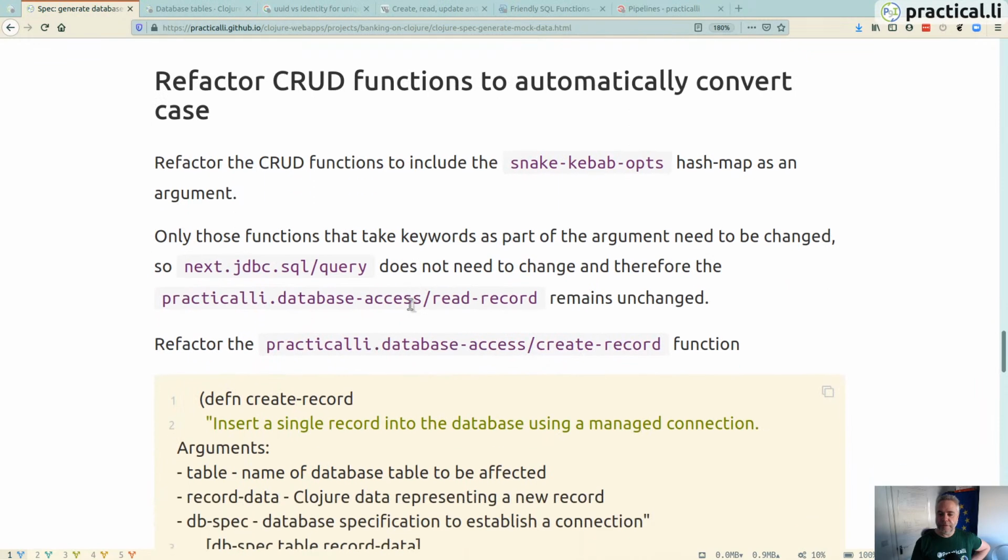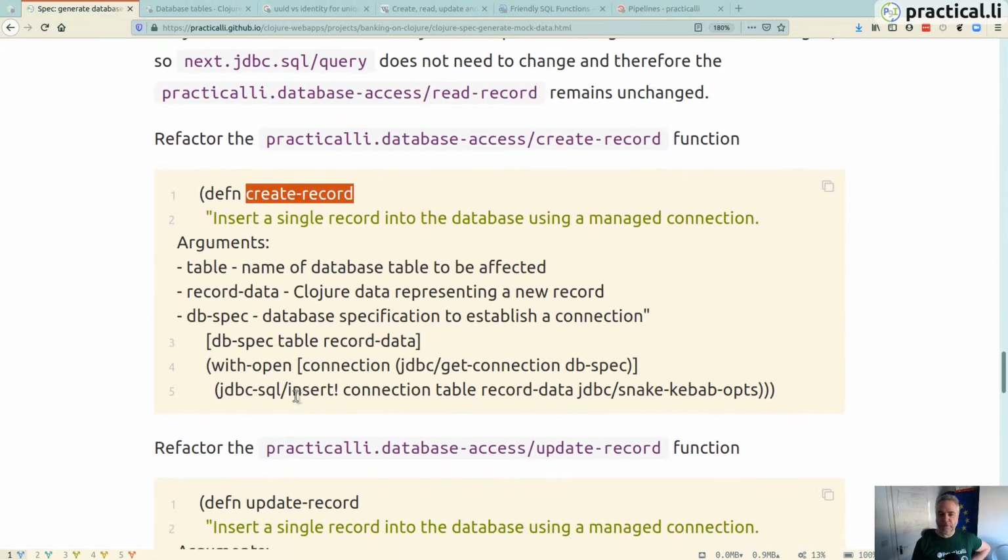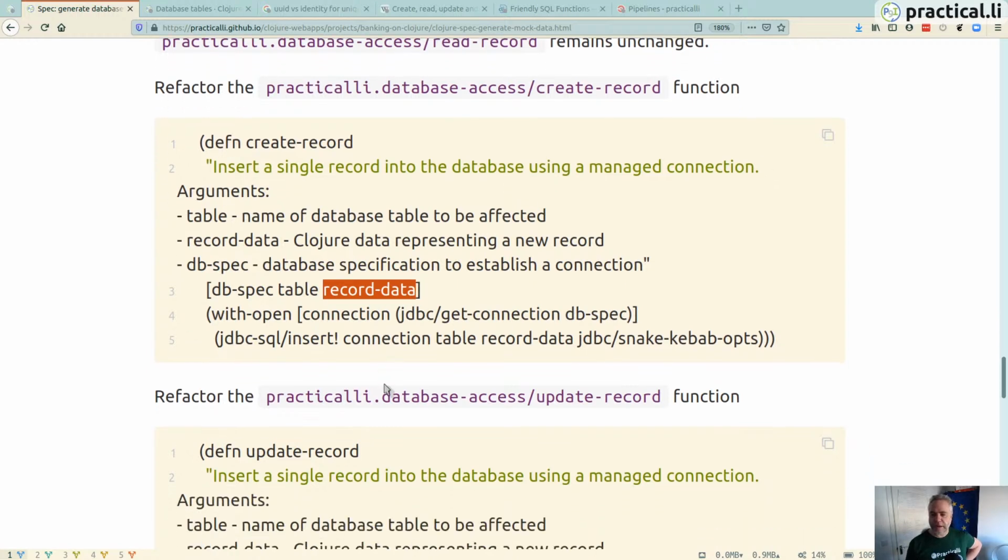So it's just a matter of taking our create record function, which is just a wrapper around JDBC SQL insert. And rather than just passing the map options in, I've added it to the end. So this is really a hash map of option values. And if we jump to the code,